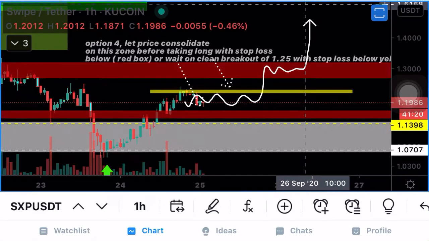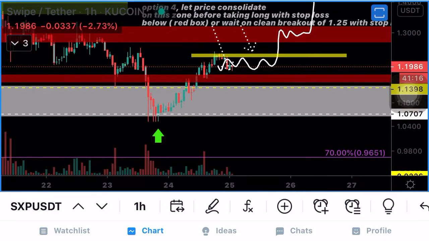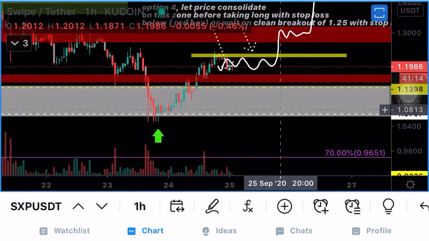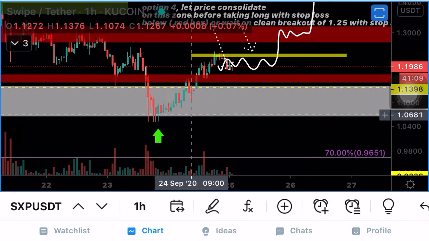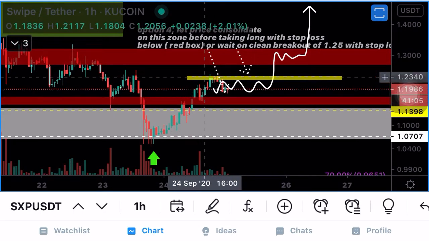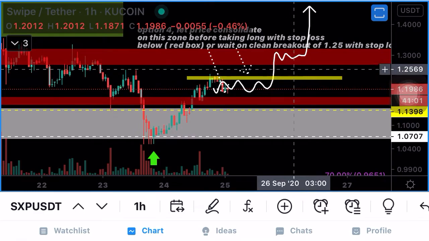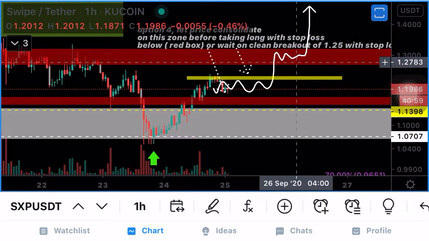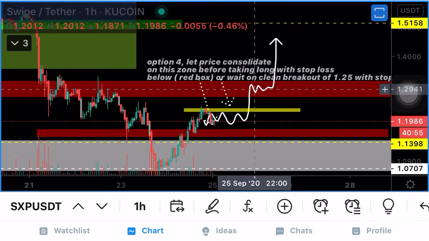I'm trying to make a video on Swipe and high time frames. But first, in this low time frame, this white zone on a high time frame was a bounce area. So now I'm expecting price to consolidate along these two bands, and possibly go up to try to reach the 130 levels, and then consolidate along this band.